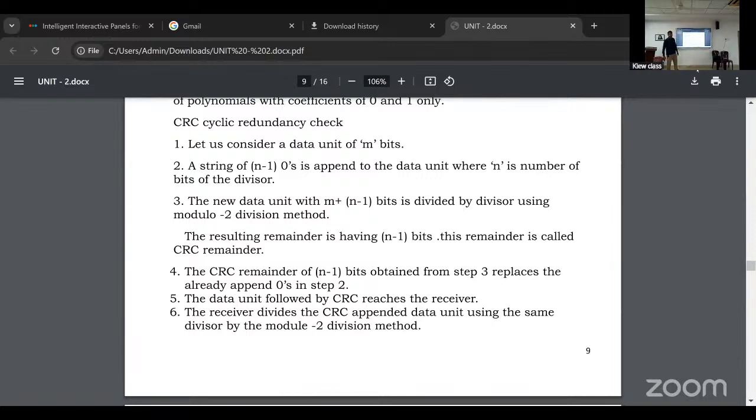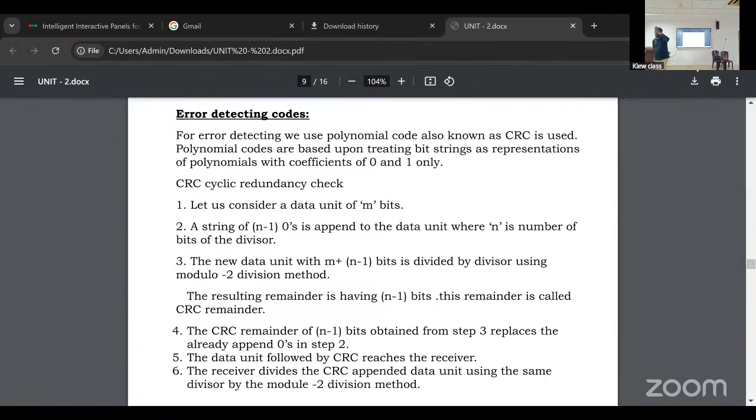For error detecting, what is the mechanism we can use here? I told you in the morning, what is CRC? Cyclic redundancy check. In cyclic redundancy check, we can do the division operation, and identify the errors with its help. What is the redundancy? Redundancy is nothing but extra bits. So this will be by tomorrow.